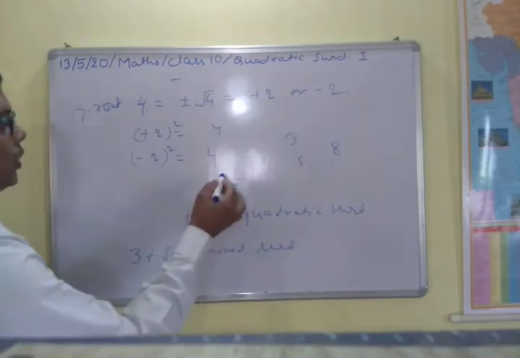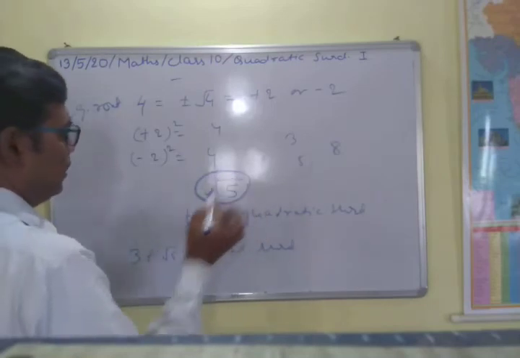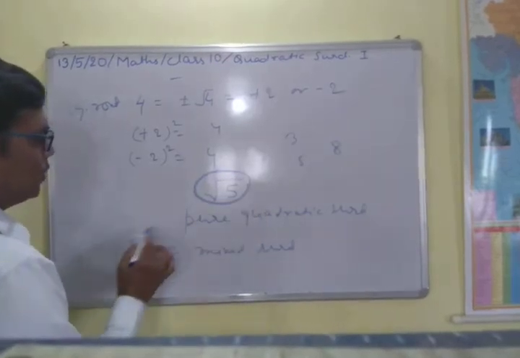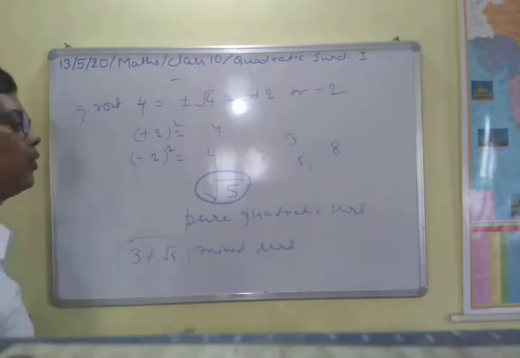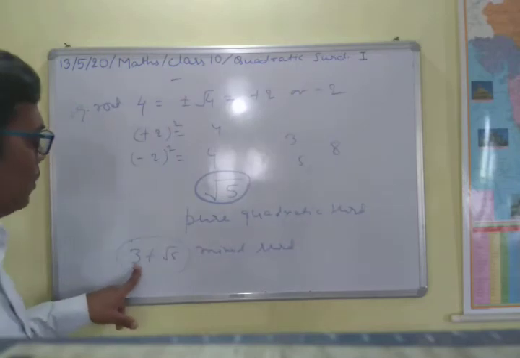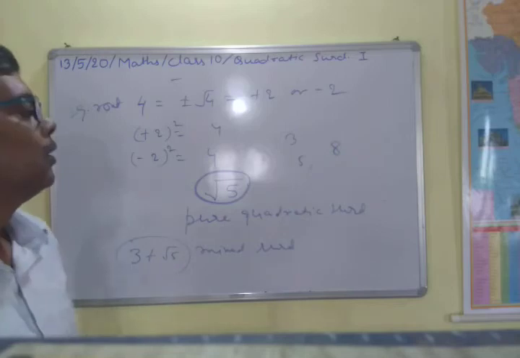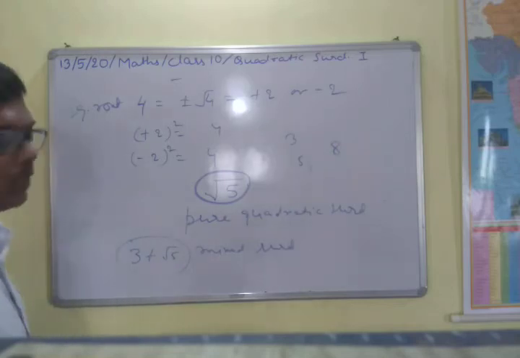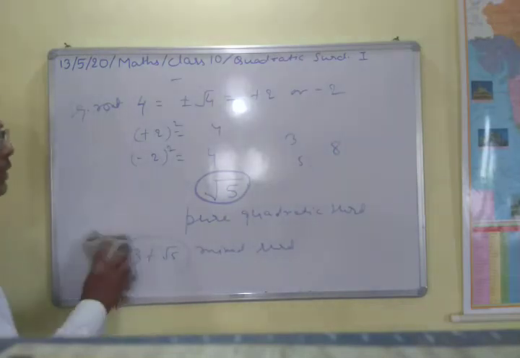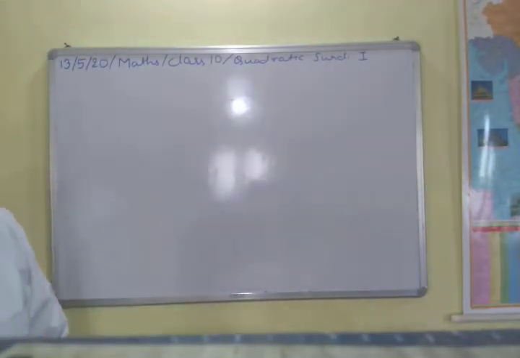So you understand the meaning. The one is the pure quadratic surd, and this is the mixed quadratic surd. So you must remember what is the meaning of pure surd and mixed surd. In this mixed surd, this is any real number, and this is a pure surd. So this is called a mixed surd in this case. So now you understood this topic, and the next topic is here. I explained all these things.